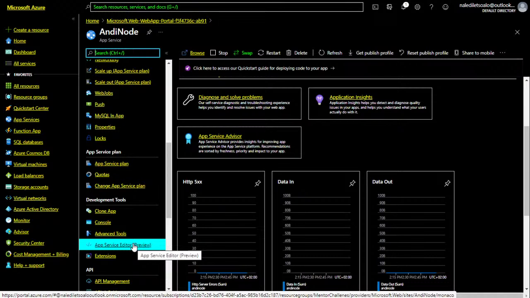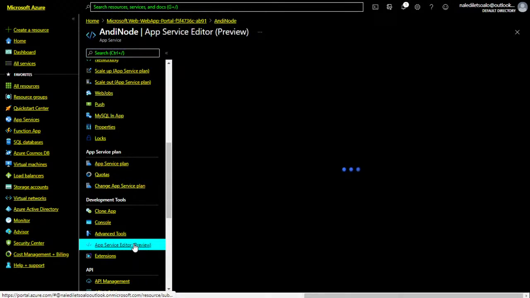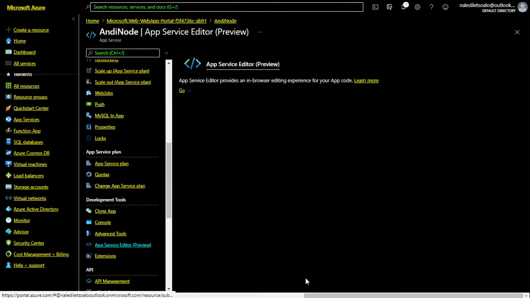Because surprisingly, I have got no app service editor, which is in preview. It could also be that you selected Linux, which, yeah, I don't think for Linux it has that particular feature yet. I think it might only be available in the Windows deployment. So maybe just look at that as well.